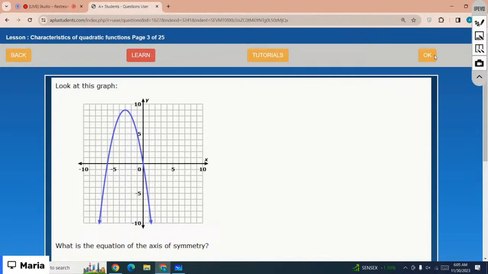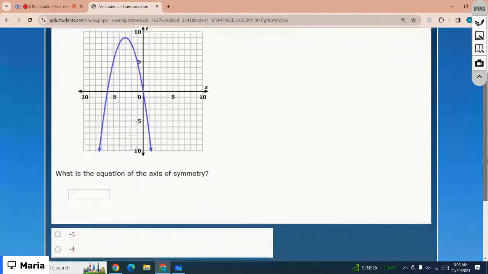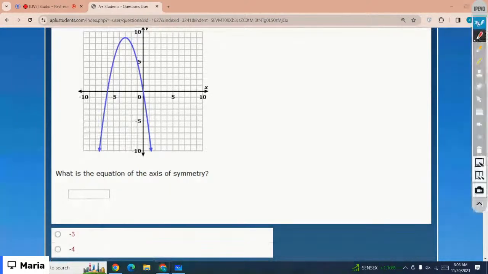Look at this graph. What is the equation of the axis of symmetry? So you are given a graph, you have to calculate the axis of symmetry of this graph, right? So basically, the axis of symmetry of a parabola is a line that divides an object into two equal halves. So if we make a line and the line divides the parabola into two equal halves, that is the axis of symmetry, right? So you can draw the line here,